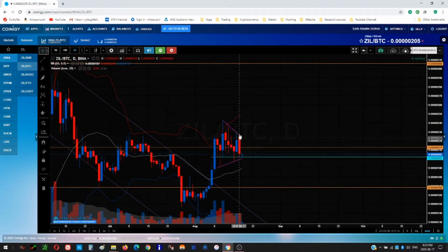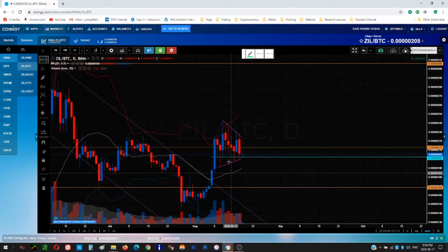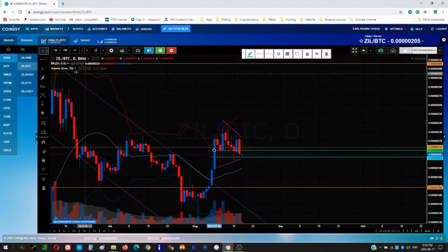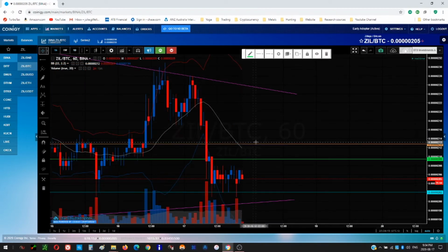So prior to this bar, everything looks really good. This is kind of bearish, but price is still within this consolidation. So I still, our buying point was down here, but I'm not recommending buying here necessarily, but if I was, this would kind of be the range that I was looking to buy, sort of within this wick, or a wash of this wick. So if we go down to the hourly,